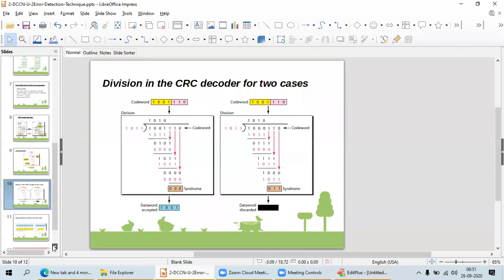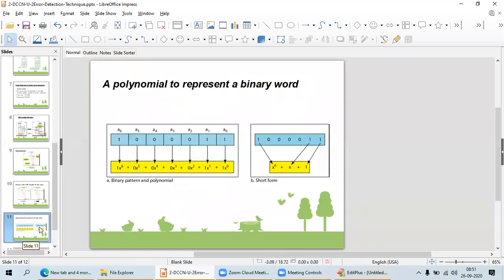We have some more things about this. Sometimes your CRCs are represented as polynomials, a binary representation with polynomials. Here my data word is 1000011.